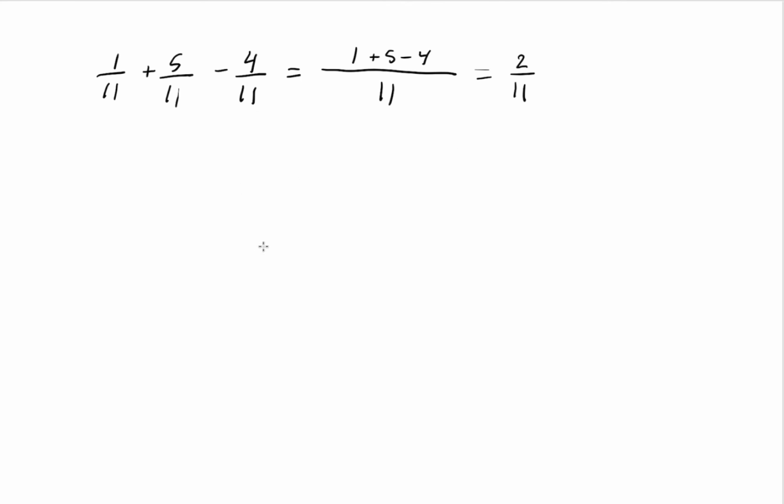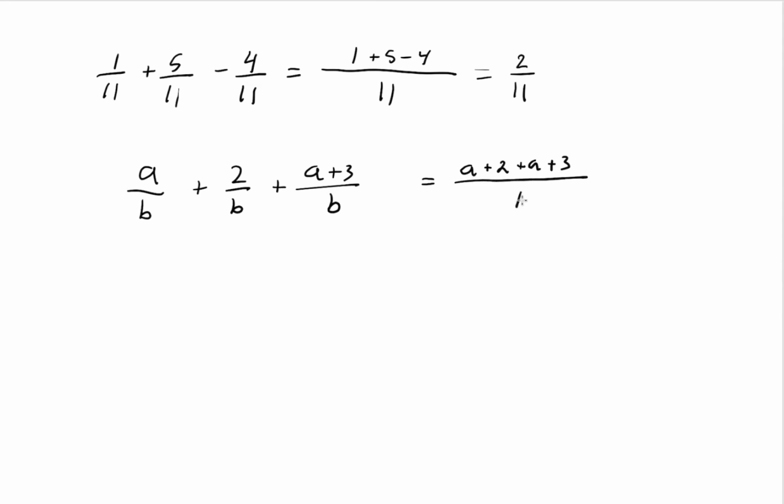So we're going to do that with variables as well. If we have an expression that is a over b plus 2 over b plus a plus 3 over b, we know that we can put all of that over b because it's the same denominator, and that it would equal a plus 2 plus a plus 3 all over b, which would then equal 2a plus 5